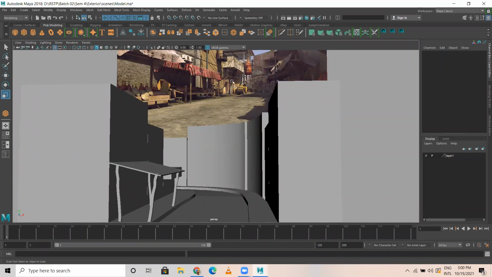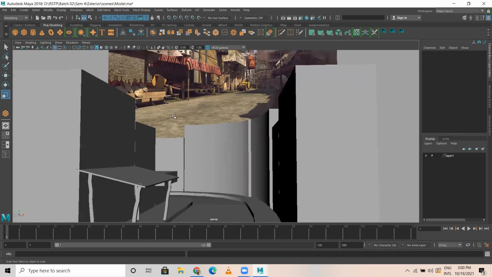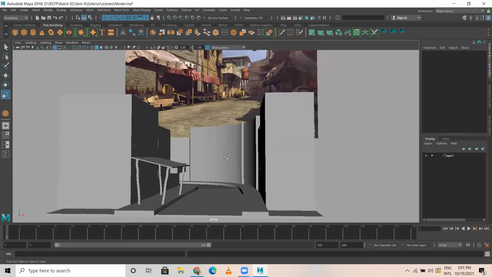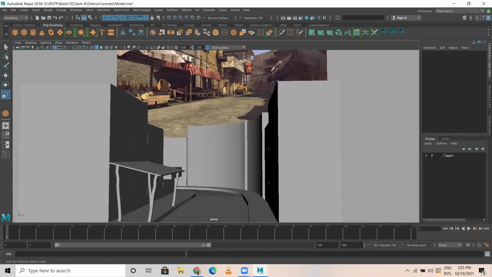What I'll be doing in parallel is creating a few more things in the meantime. If you try to do a bit more for the next class, I'll take your file and continue from that. So try to do the modeling part. The detailing part, I'll tell you how to do. At least I want the base model to be done. This is simple, right? This is not much complicated.